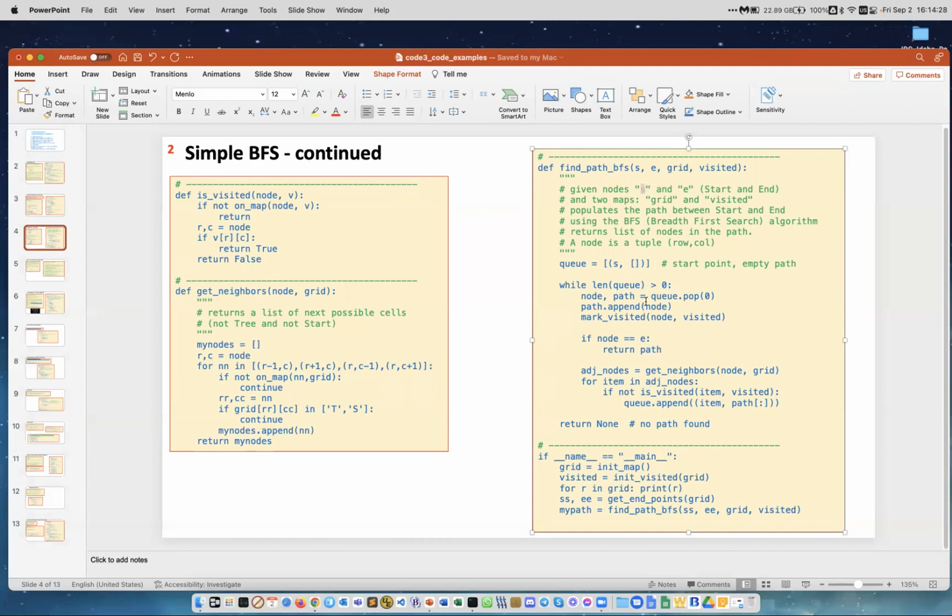Okay, while we have something in the queue, we take the next element in the queue, right? And we do path dot append. Okay, what is path? Path is not here, so I don't know. No path found. We append the node. Oh, okay. Sorry. Path is here. So we take path is pop. Okay, so we're getting this tuple